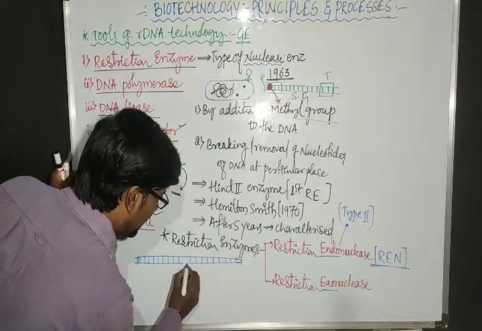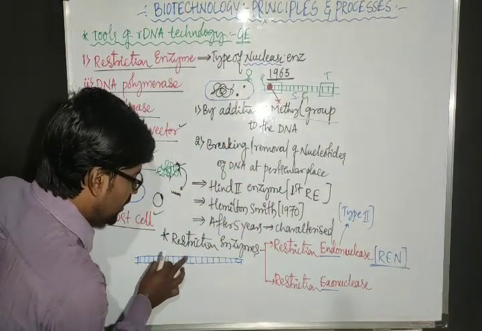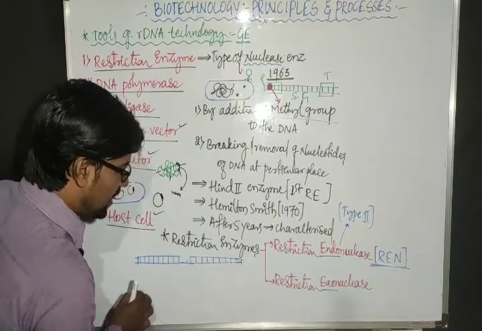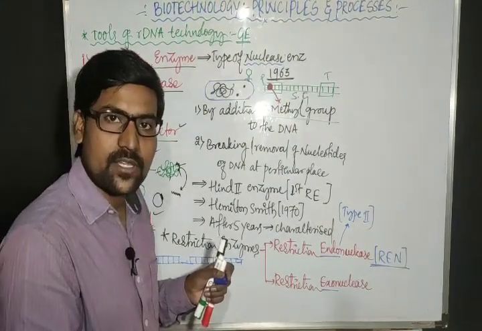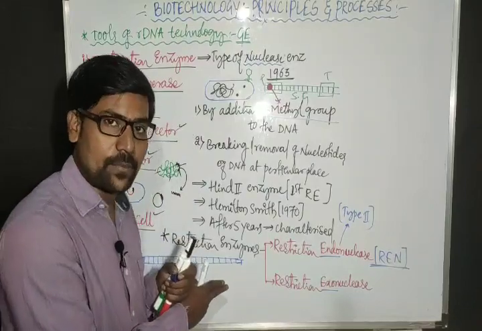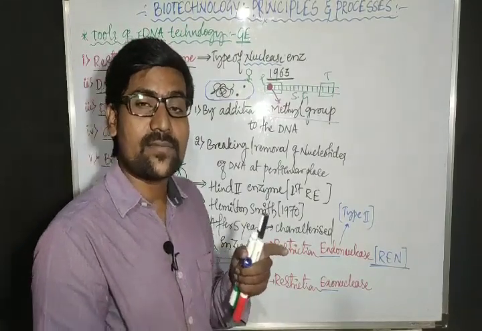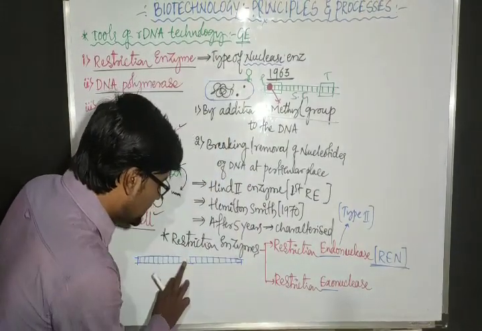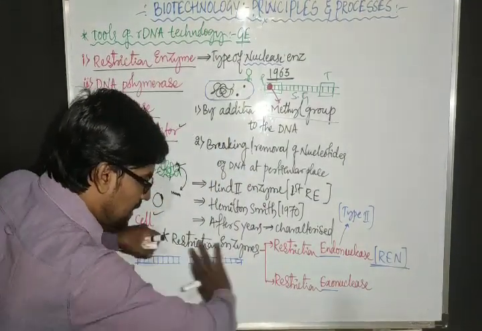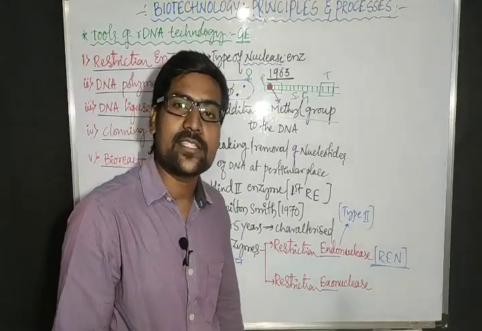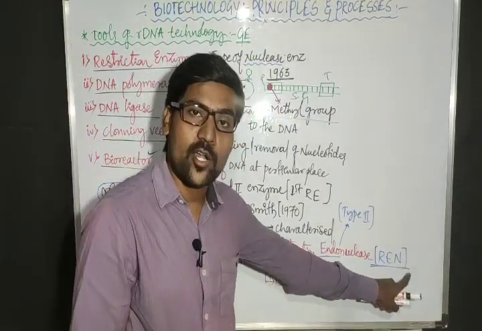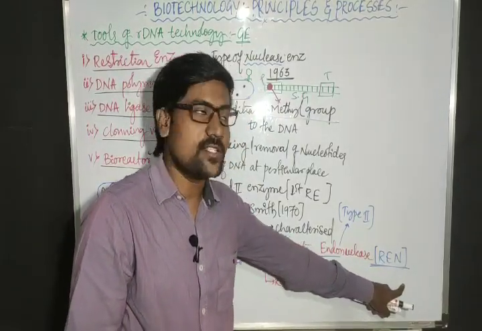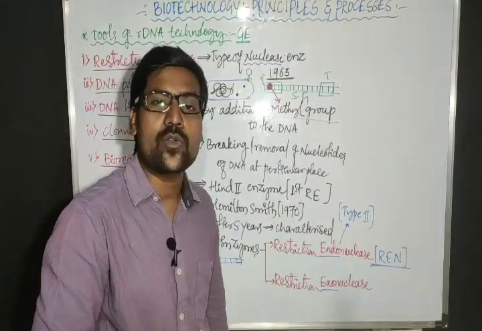So for example, if the two strands of DNA are present and the enzyme is going to cut only one strand of DNA, not both strands, but also cutting at a particular place, such kind of enzymes are type 1 restriction endonuclease enzymes. Suppose both strands of the DNA are cut and the pieces are separated, that work is done by type 2 restriction endonuclease enzymes. In genetic engineering we are using type 2 restriction endonuclease enzyme.